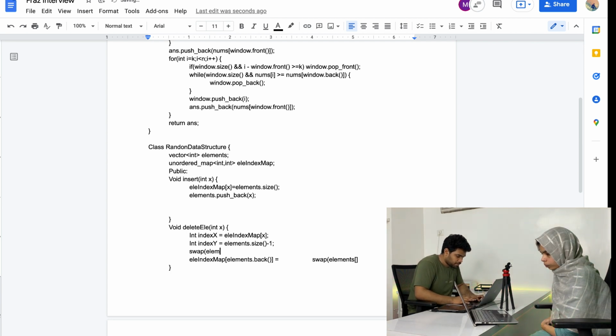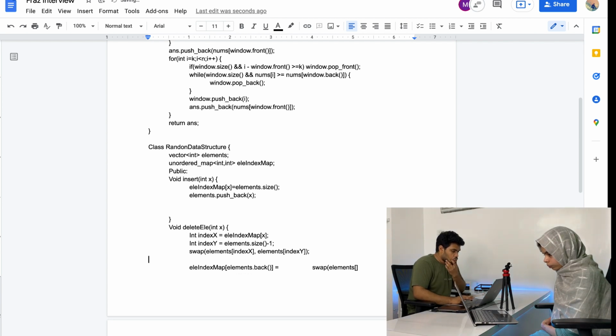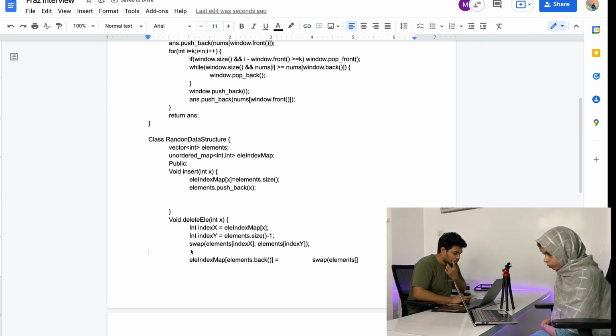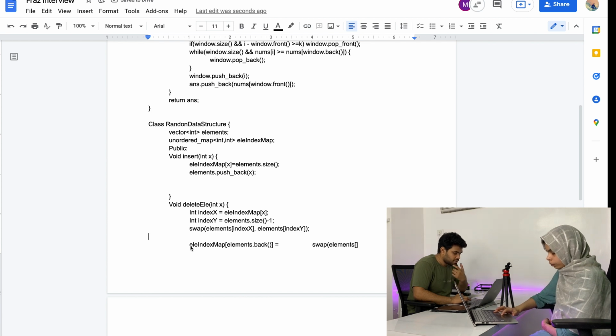Swap elements of index x comma elements of index y. Okay, so this is the swap. Now I need to make changes in the entry of the map.